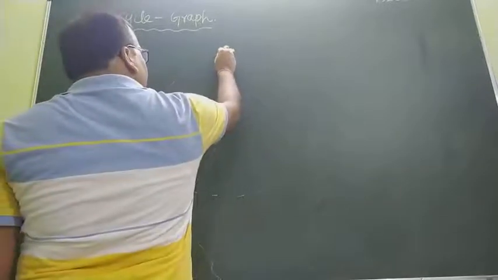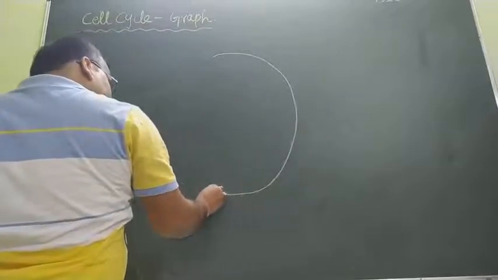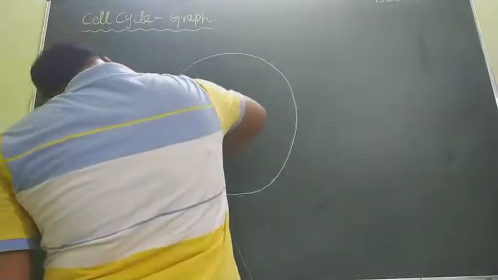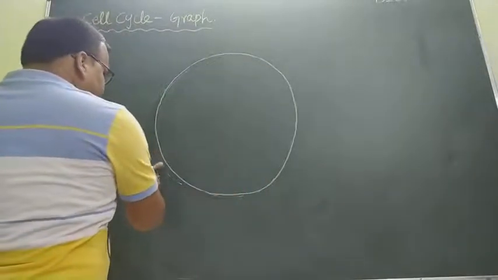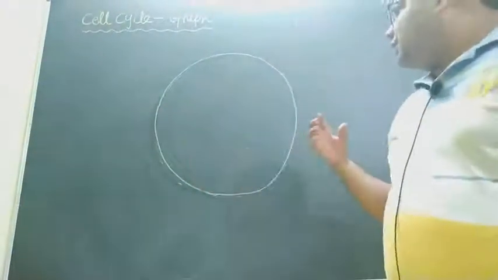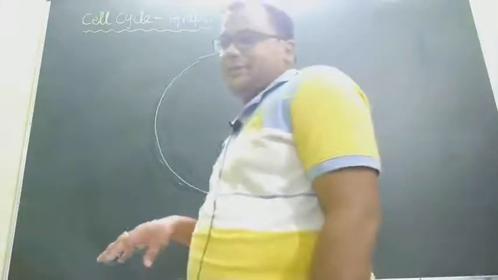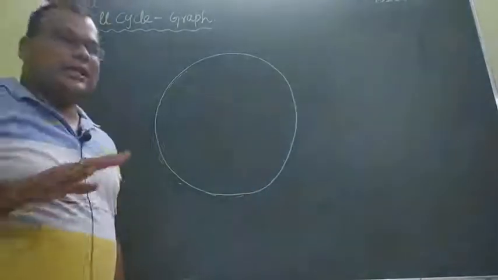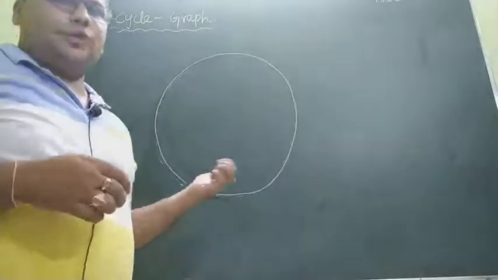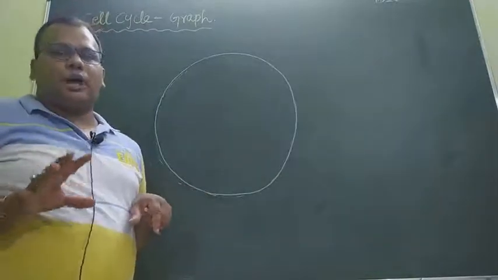So if we make a pie chart of the cell cycle events, it can be represented like this. Suppose this is a cyclic pathway of any cell. In case of human RBC, the cycle completes in 24 hours. The cyclic pathway of the cell cycle varies in different organisms and different cell types. So we will first take the example of human beings, in which RBC takes a complete 24 hours to divide